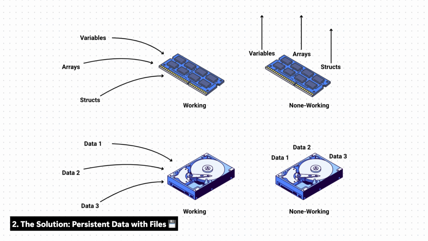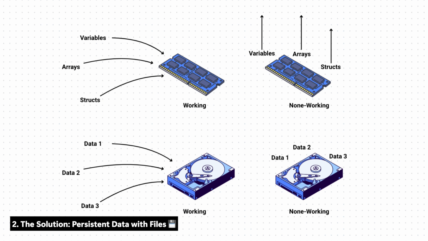2. The solution: persistent data with files. To store data permanently, we use files. A file is a sequence of bytes stored on a non-volatile storage device, such as a hard disk drive, HDD, or solid-state drive, SSD. Persistent data means the data remains available even after the program stops executing and the computer